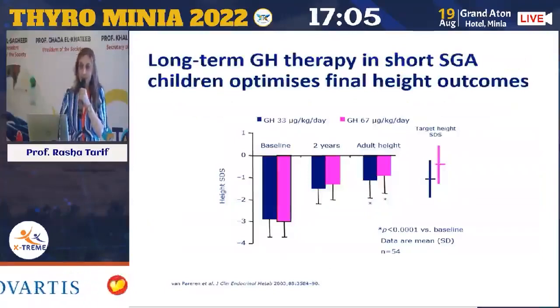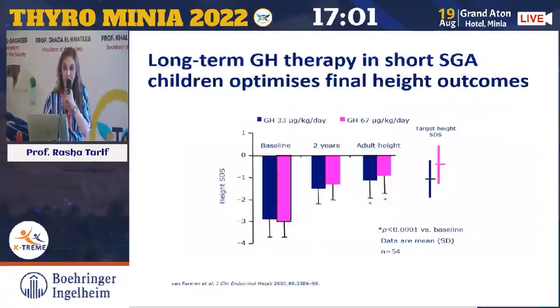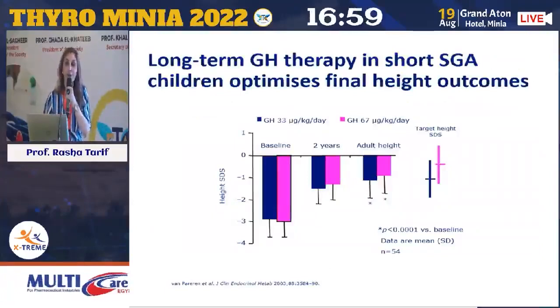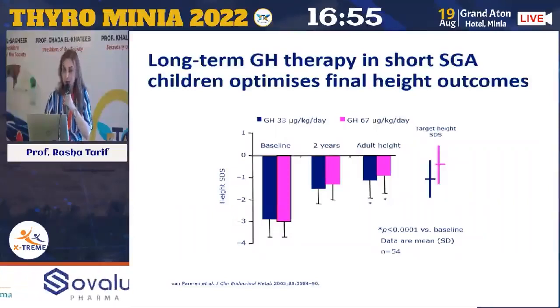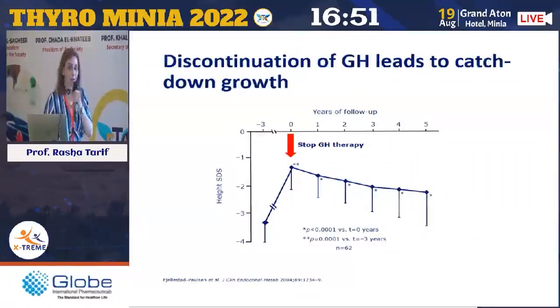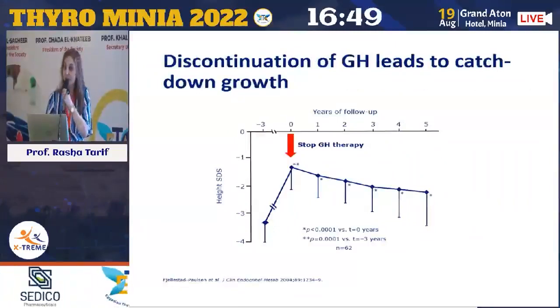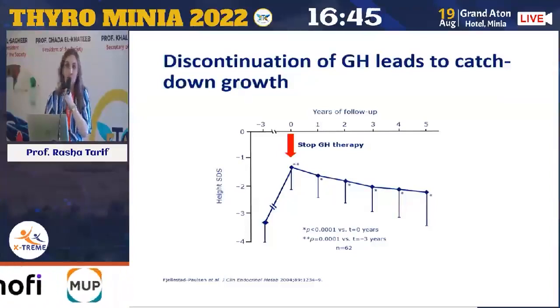You can see here that long-term growth hormone therapy in short SGA children optimizes the final height, and they need larger doses, which is higher than in growth hormone deficient children. And it's clear here that there is deceleration or down growth if you stop growth hormone in infants born small